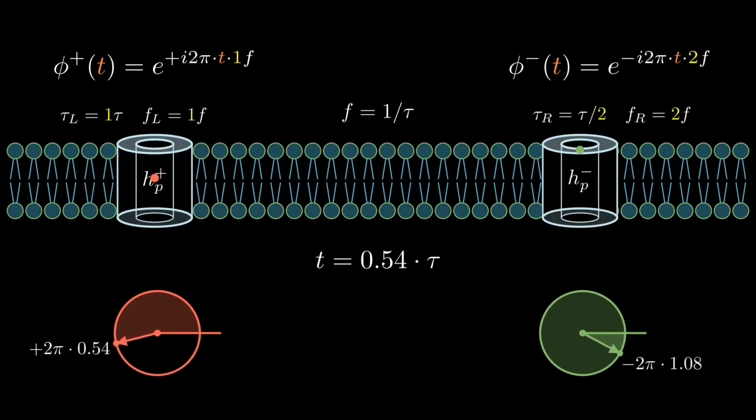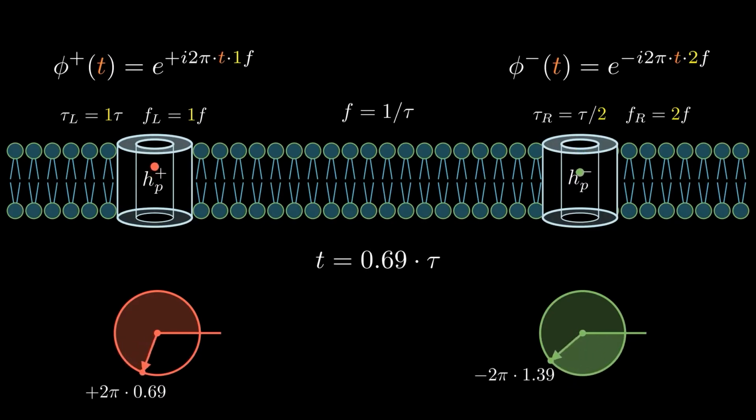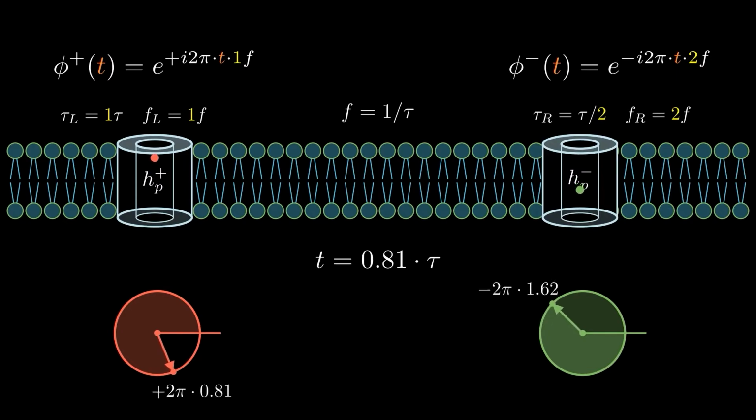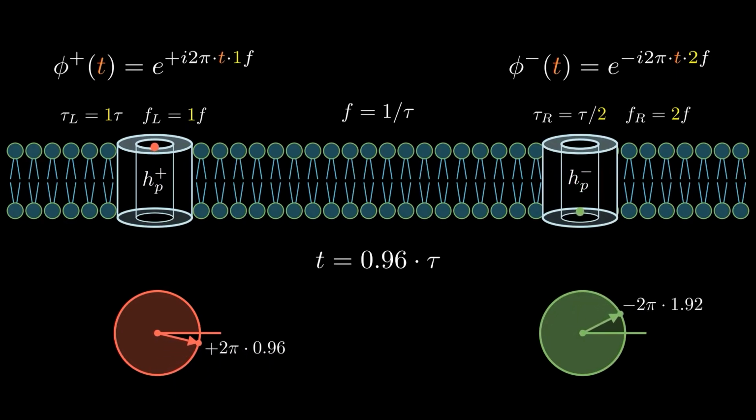At time t equals 1 tau, the arrow on the left completes a full circle, corresponding to one complete ion crossing on the left. At the same time, the arrow on the right completes 2 full circles, corresponding to 2 complete ion crossings on the right. In both cases, the area swept by an arrow is always proportional to the amount of ion crossings through the